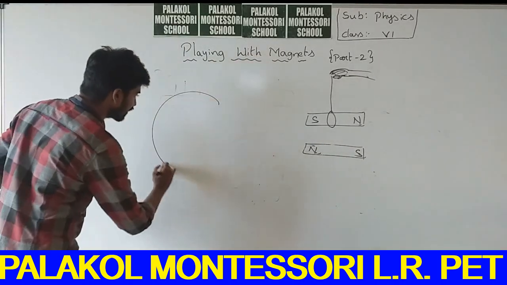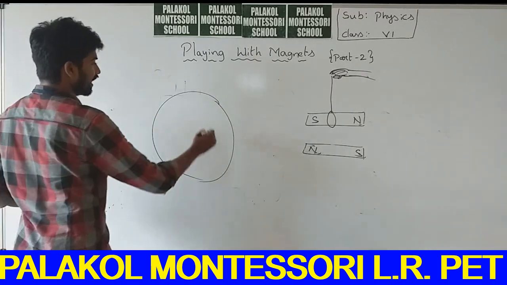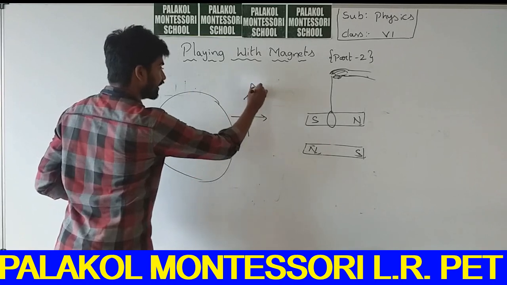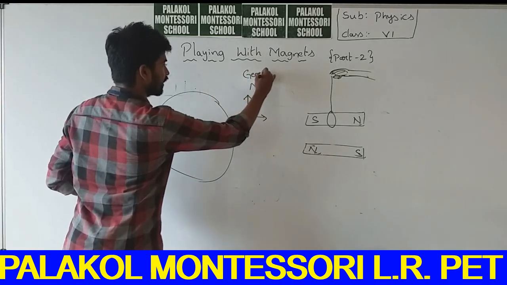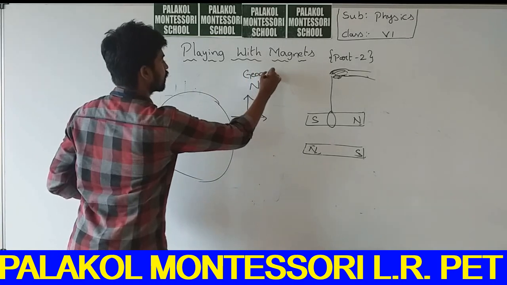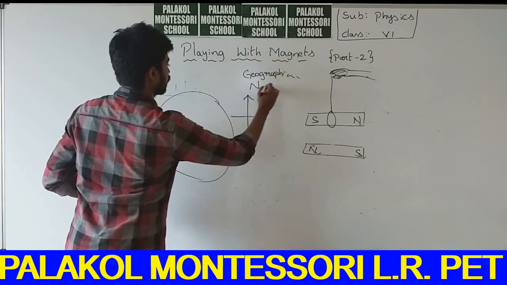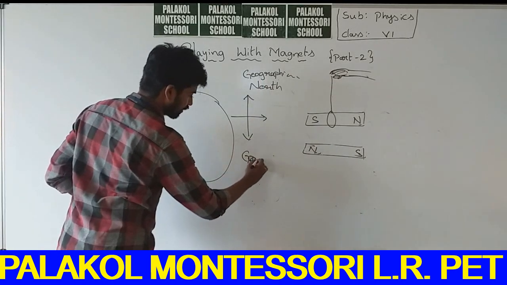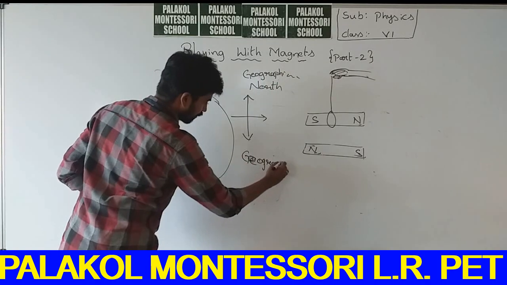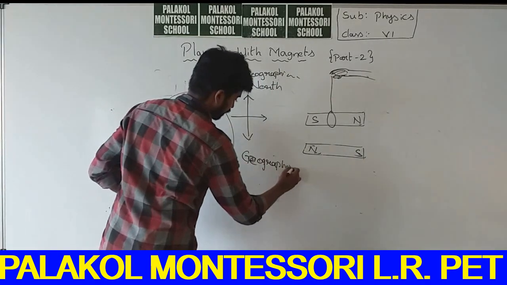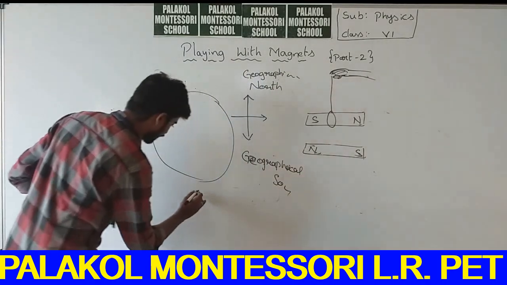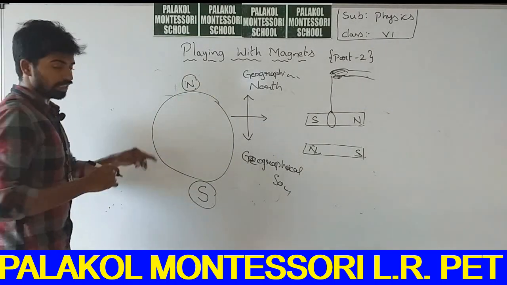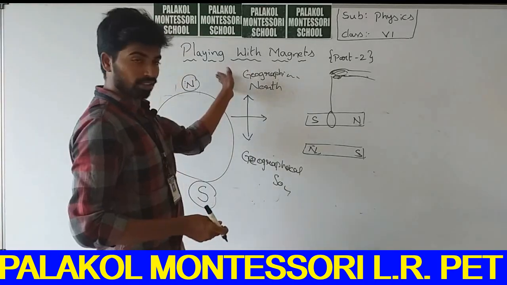This earth is a magnet, and what are the directions of the earth? This is the geographical north, and this is the geographical south. So for us, this is the north side and this is